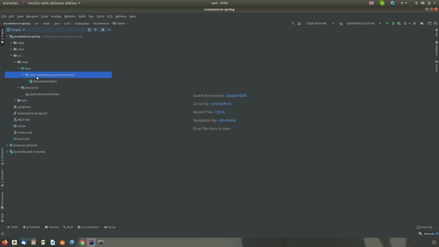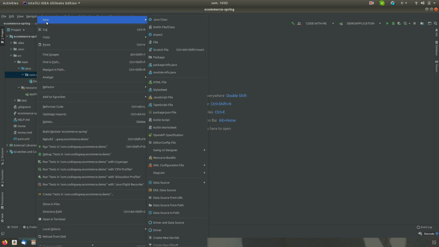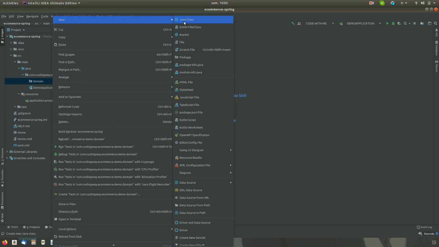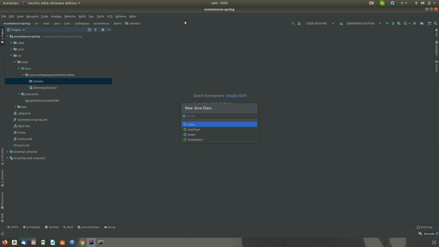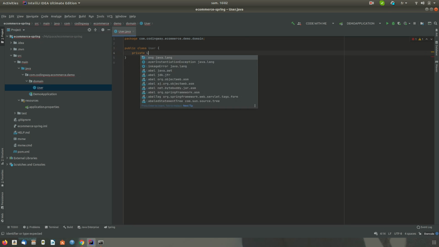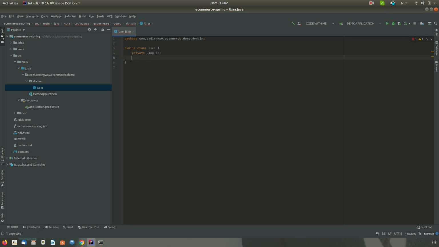Getting started is very simple. Just create the domain package, name it domain. Then we're gonna add the class, name it User. This user has some information like the ID, like the first name, the last name,